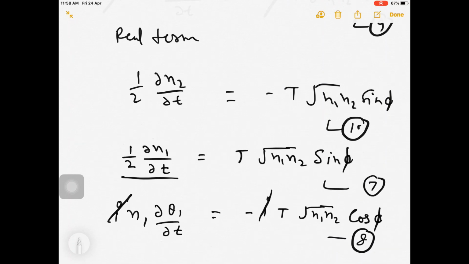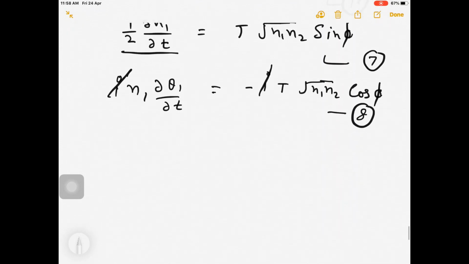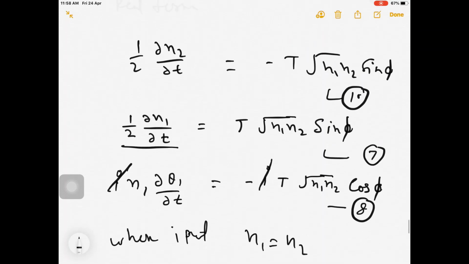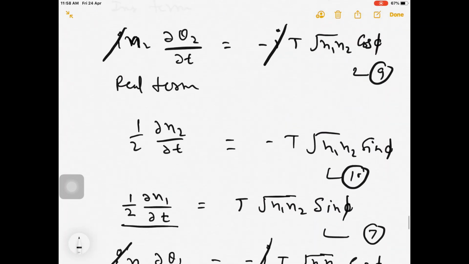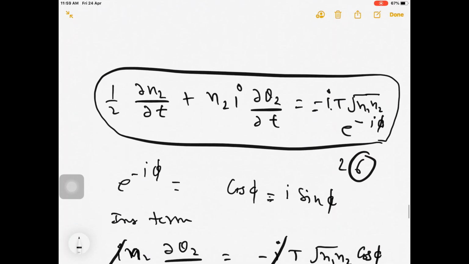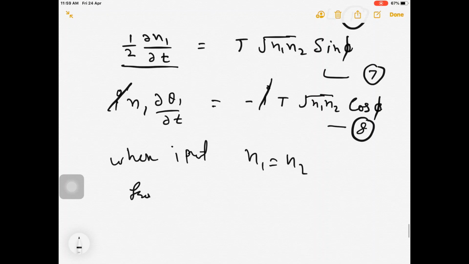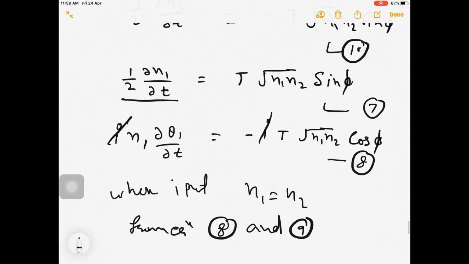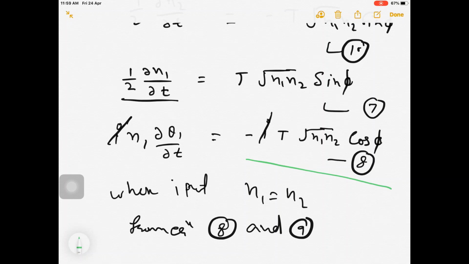So these 4 equations, equation 9, 10, 7 and 8, are important, because when I put n1 equals to n2, then from equation 8 and 9, you can see here equation number 8, the right hand side has minus t under root n1